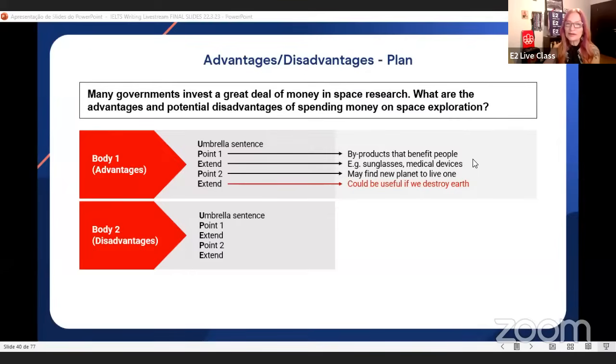Now we're going to move on to the disadvantages. So once again, we have sketched out now the umbrella sentence, of course. And in point one, what could be a disadvantage? Well,